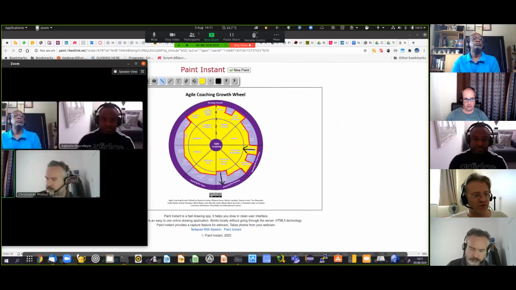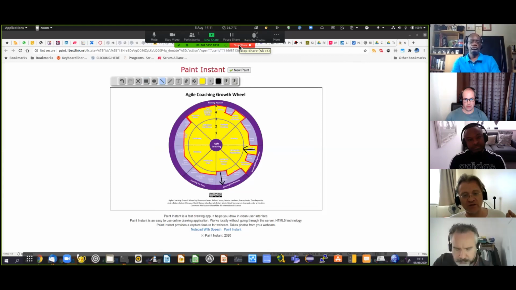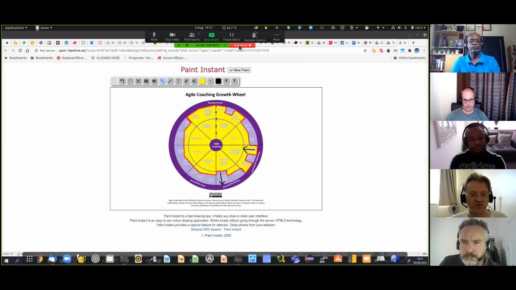Oops, I've obscured that, haven't I? My mistake. Yeah, so there we go. So that's one way of doing it. And the point of showing you this is you can do it with the spreadsheet, you can do it this visual way digitally, or you could print it out and draw it, or you could literally just draw your own wheel or numbers. There's many different ways of how you wish to use the tool.